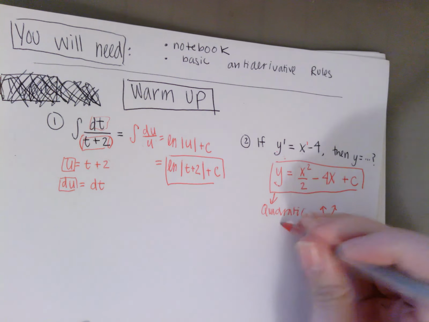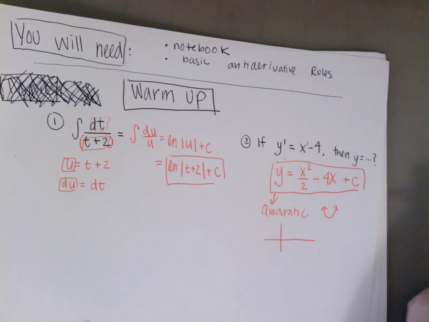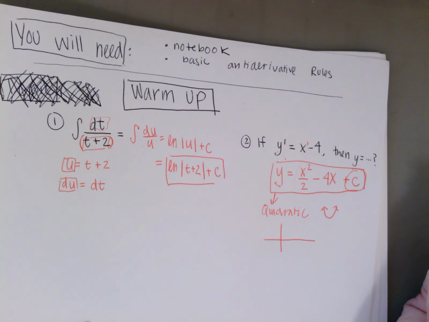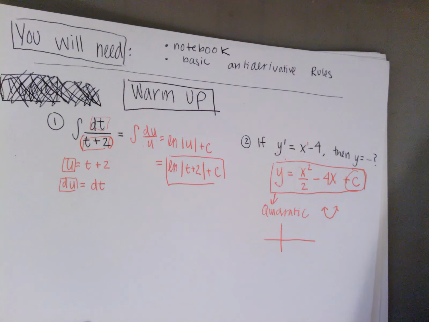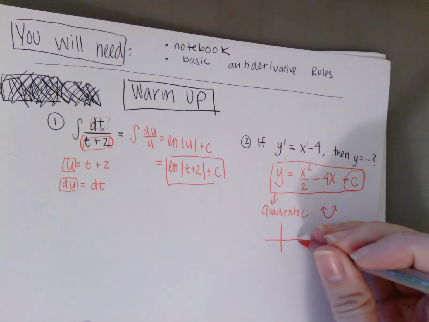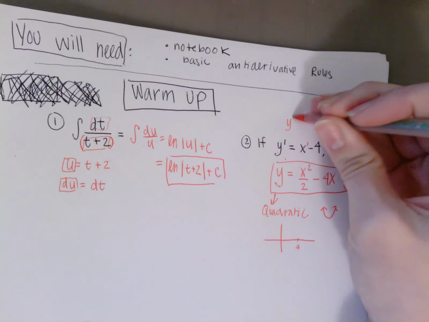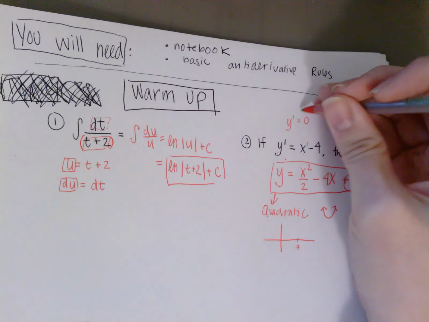If I were to draw that on a coordinate plane, I would want to know where to put the parabola. And so plus c comes into play here. This parabola is going to have its vertex at x equals positive 4. Let's think about why that is. Y prime, remember, is the derivative. If I take y prime and make it equal 0, that's going to be the max or min